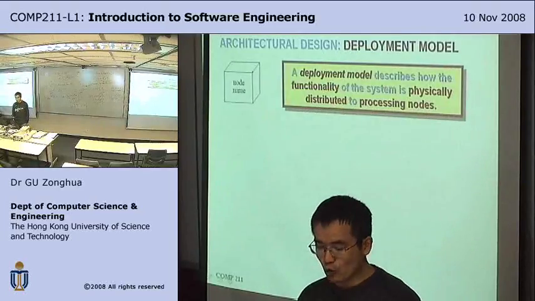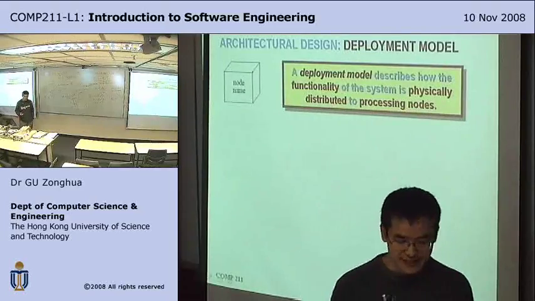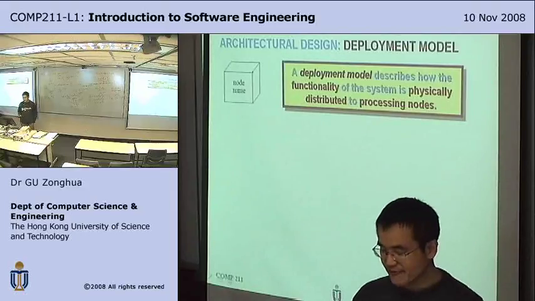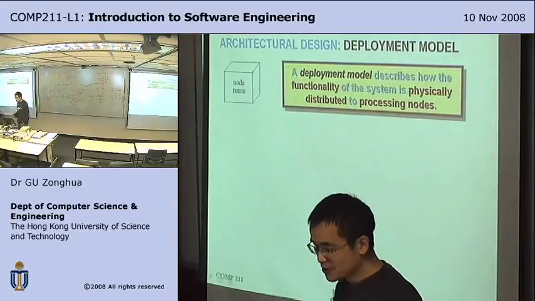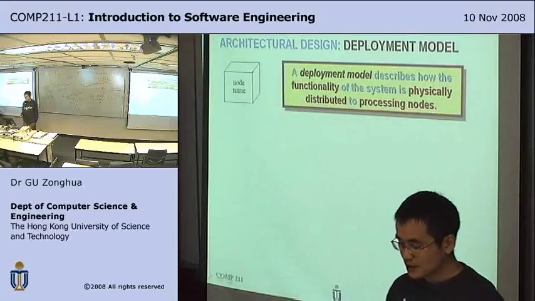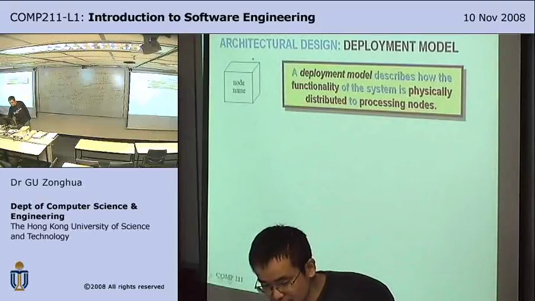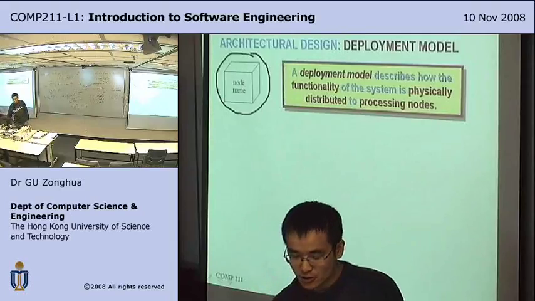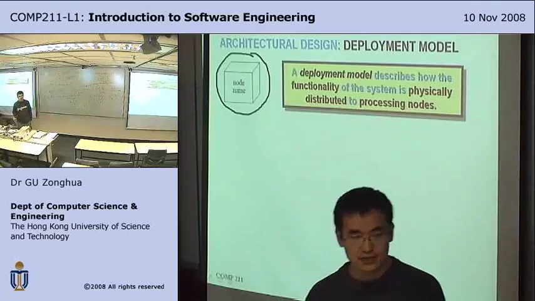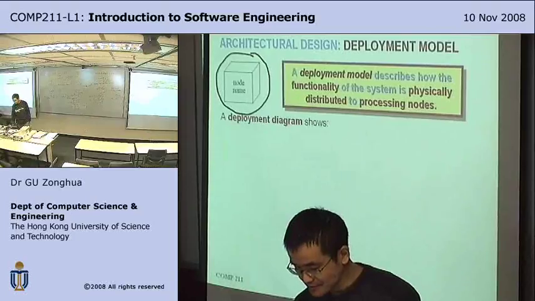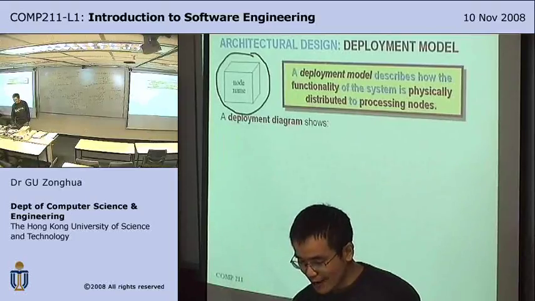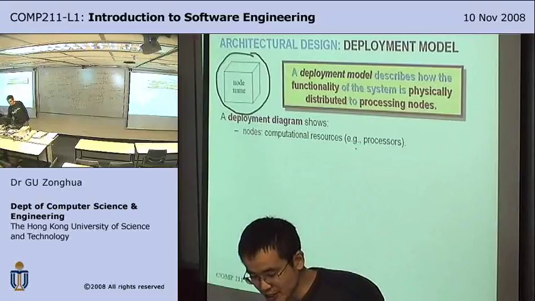So this is the deployment model. That is, it describes how the functionality of the system is physically distributed to processing nodes. This is the notation for a node, a computer node. It can be a laptop, or a powerful server. The deployment diagram shows nodes, that is, computational resources like a processor,